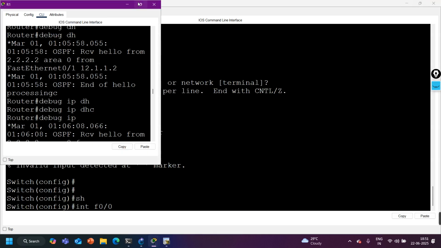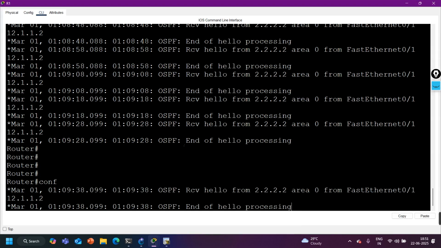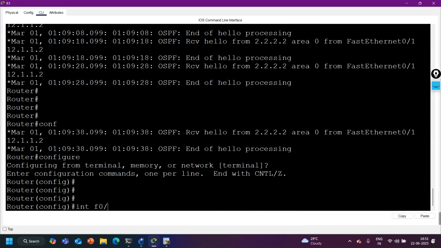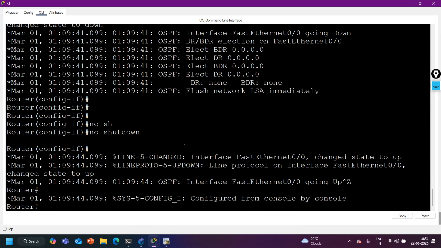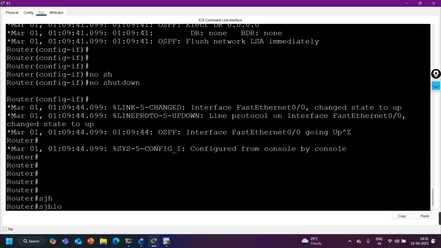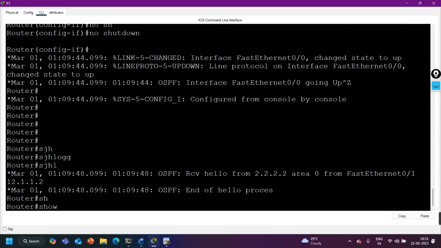Let me take you to router. On the router I am going to run one command here, interface F0/0 shutdown, and then no shutdown, and show logging to see the log,